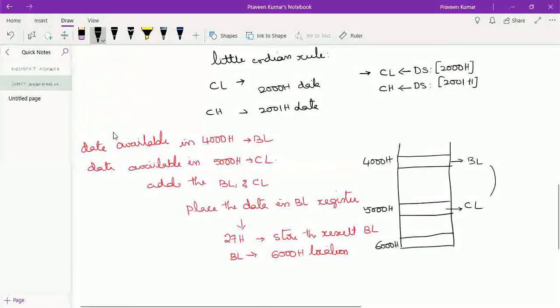And we have to add these two and place the data back into the BL register.